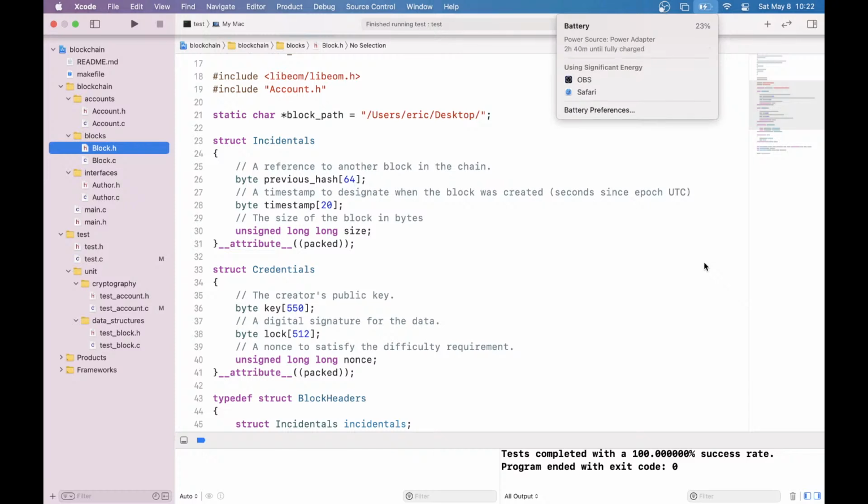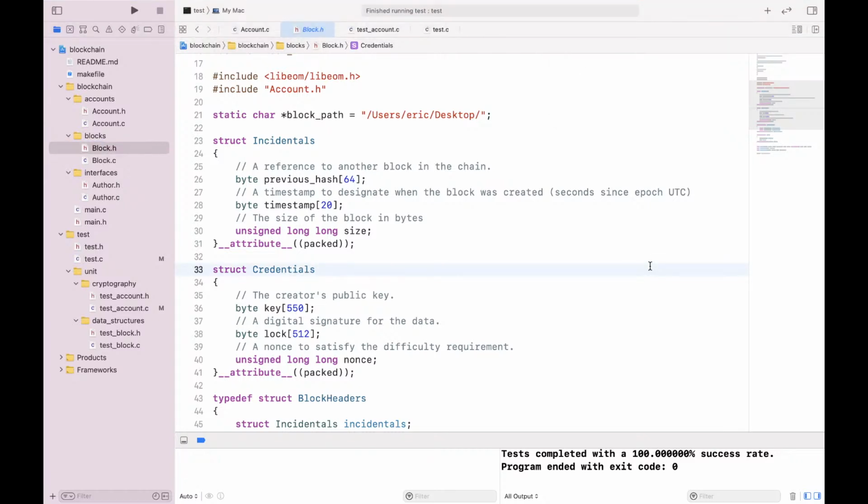Turned. Battery is looking okay for now, so I'm going to put the camera back on. Probably won't last long, but that is okay. All right, so